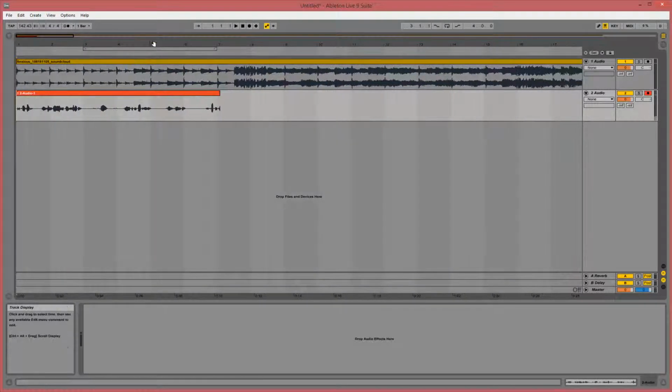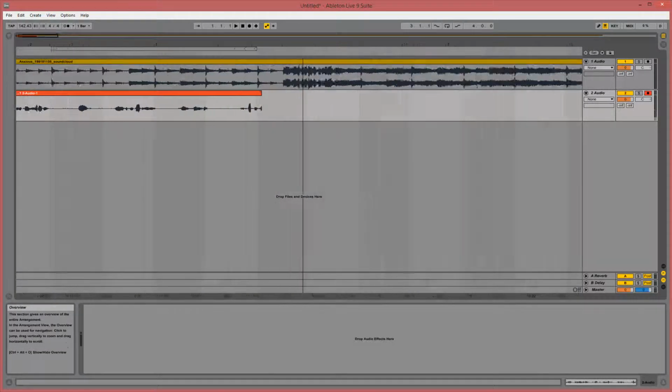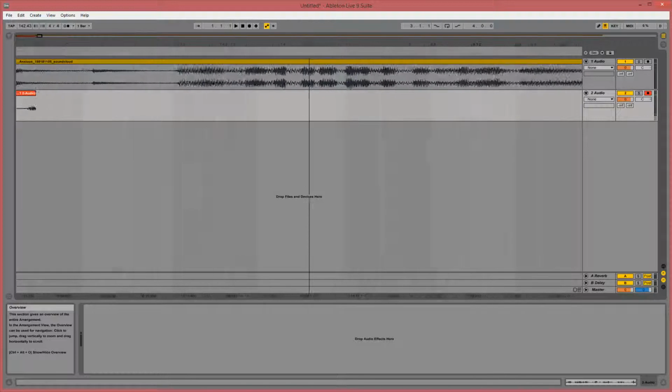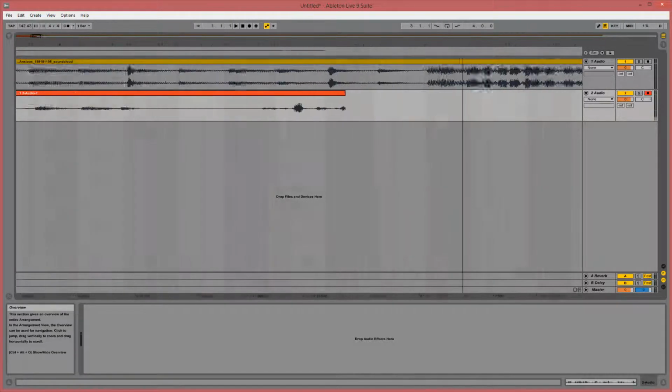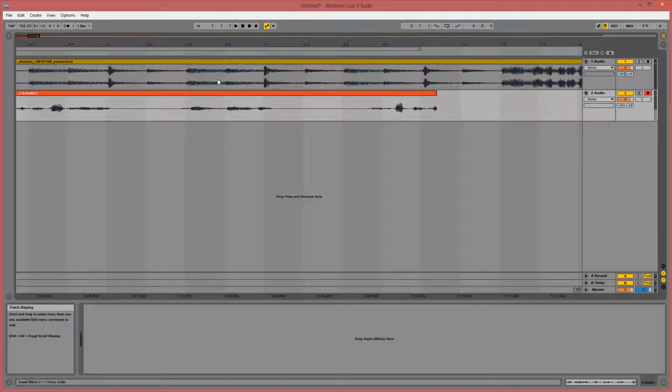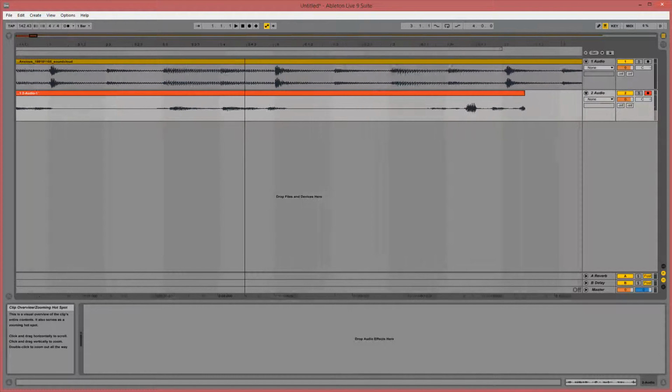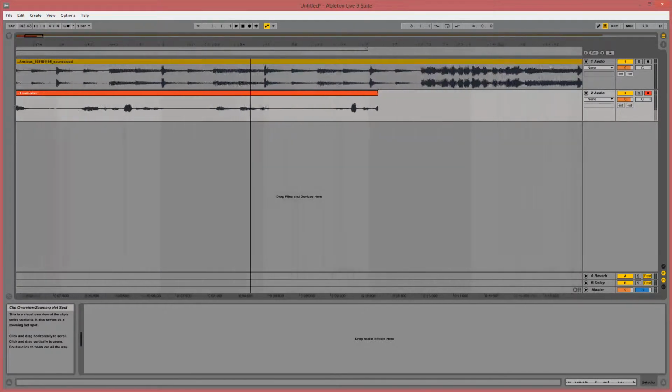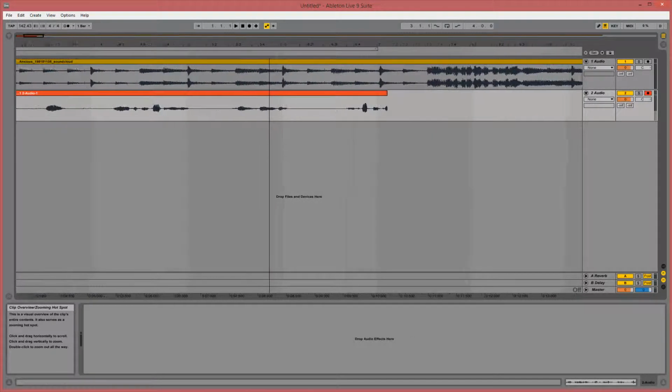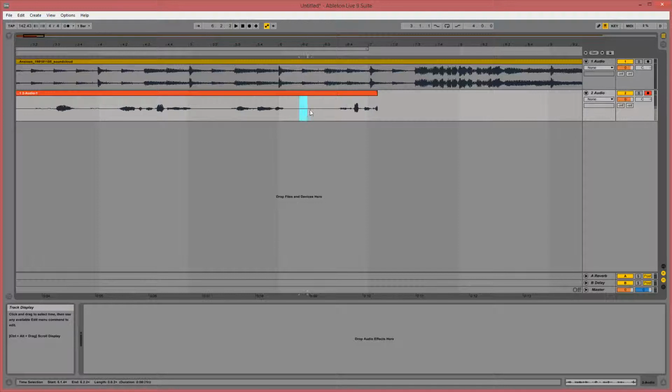Okay. So you can zoom in extremely close if you want to get real precise with it. But here we go. So I can zoom in like that by clicking and pulling down. I zoom out by clicking and pulling up, and I move by dragging sideways. And so let's say I don't want this last little bit. I'll just left click, drag, click the delete button on my keyboard,